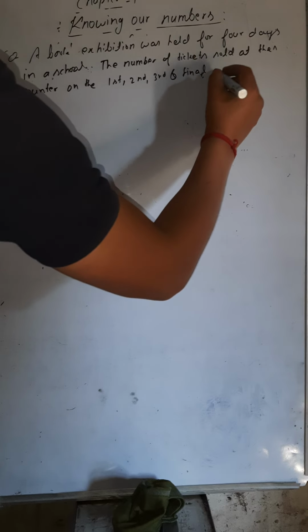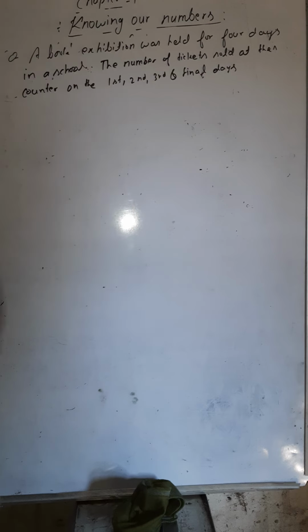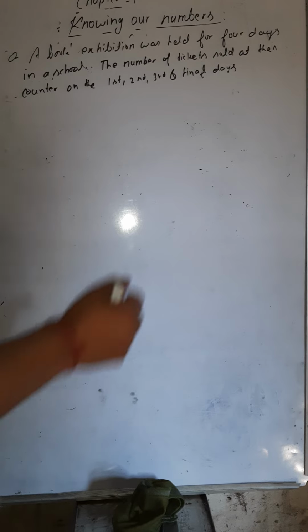Final means fourth day, because the exhibition was for 4 days. Okay, so the number of tickets sold at the counter on the first, second, third and the final days were respectively